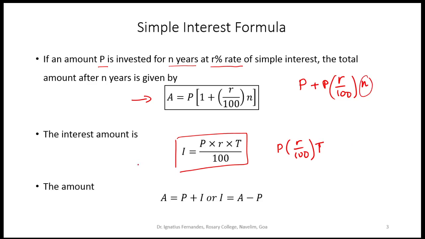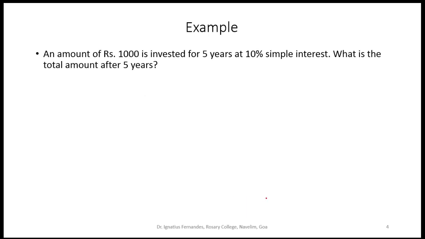And the total amount A can be written as the sum of the principal amount plus the interest amount. Or if I want to find out the interest that I got, it is the total amount minus the principal amount. So if I use the same example here, an amount of 1000 is invested for 5 years at 10% rate